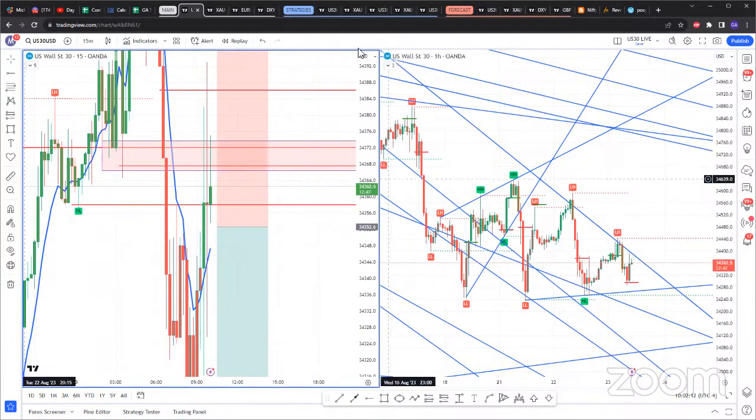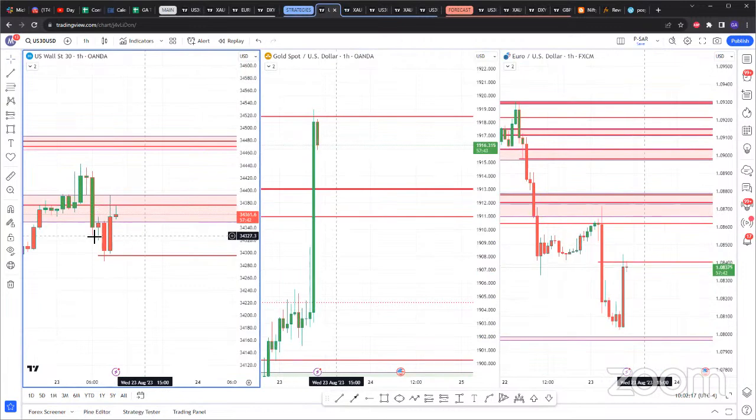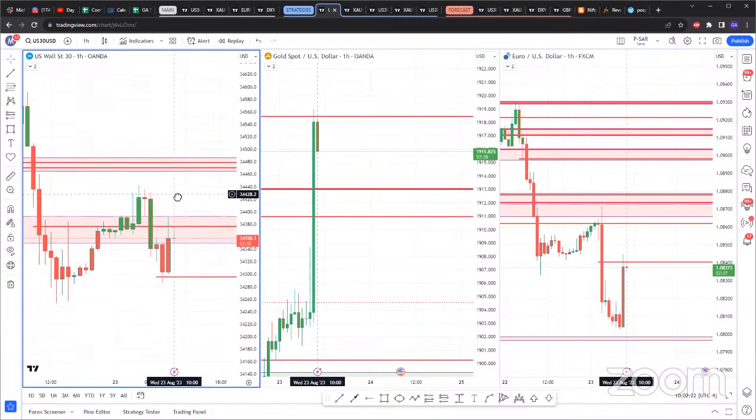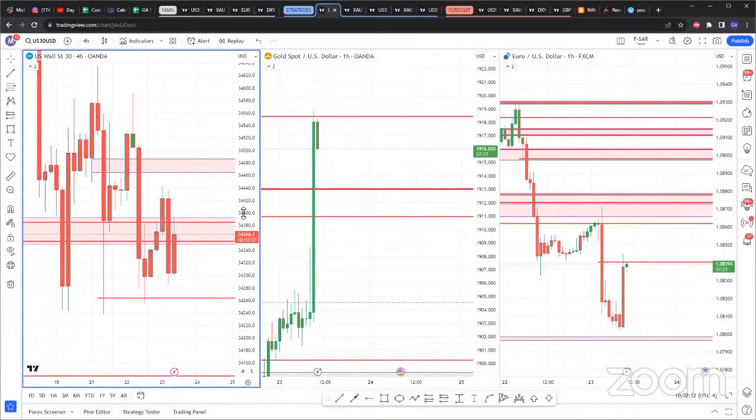So US 30. I am bearish on US 30 on the daily time frame. That's all I need to know. Now, on the hourly time frame, the only entry for double SAR is right here, all the way up here. Price is so far away from that zone. But if we go down to the 4 hour, we are currently testing a double SAR on the 4 hour,